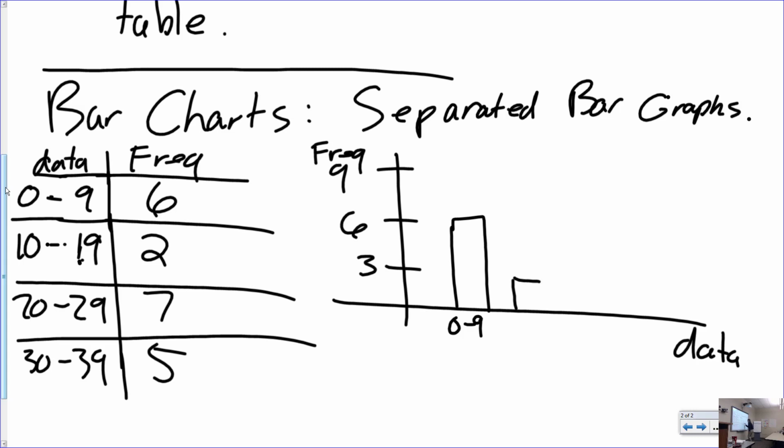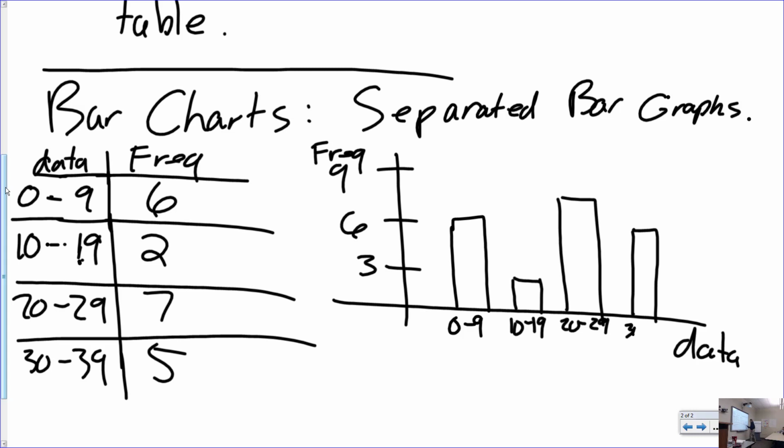And then you have a separator, and this is 10 to 19, right? So the bars are separated, and your classes are completely displayed inside of your data, okay? And again, this is 20 to 29, and whatever, 30 to 39. Okay, so